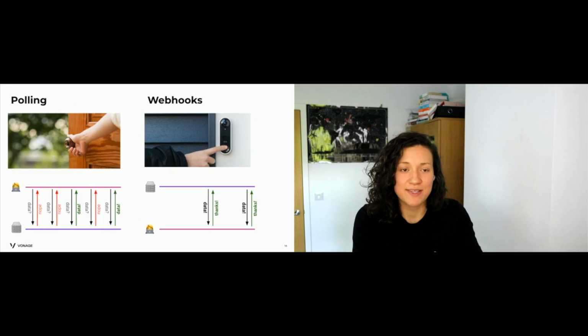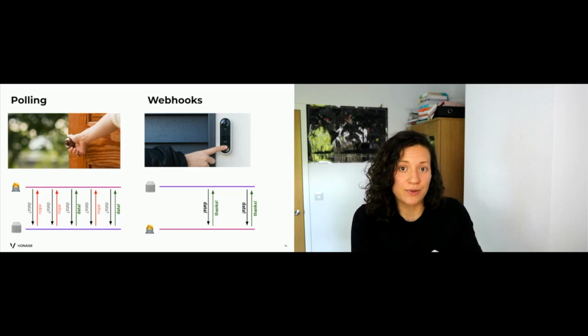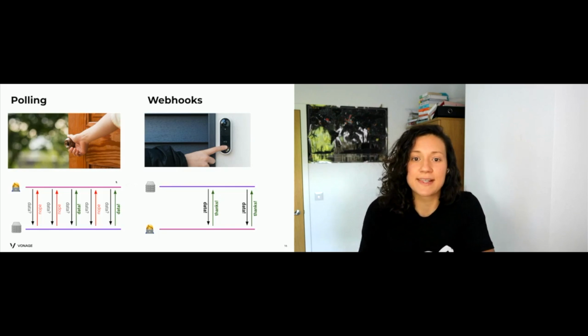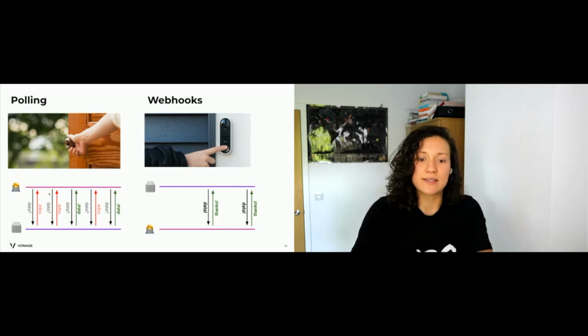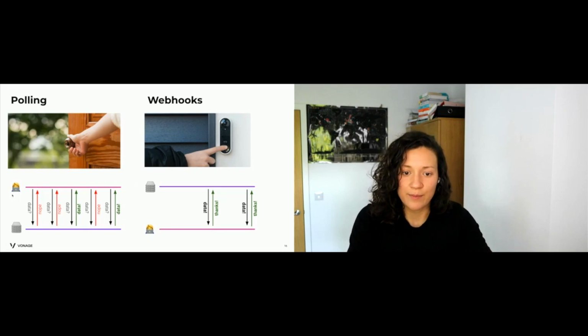From how I see it, polling the API is like going out to your front door every 5 minutes and checking whether there is someone out there. And webhooks is setting up a doorbell and telling all your friends or expected guests that they should ring the doorbell if they want you to come to the door. So the way that translates into the API world is that emoji right there with the coding person is going